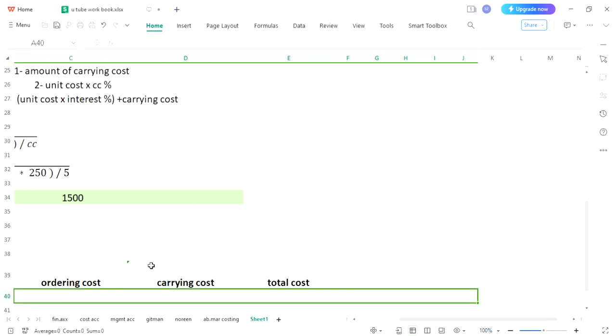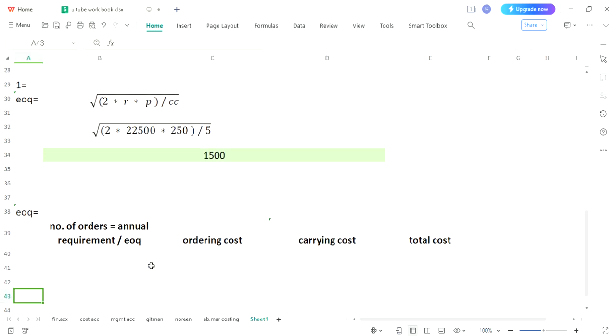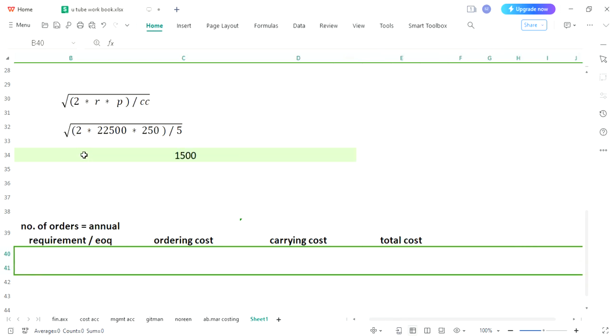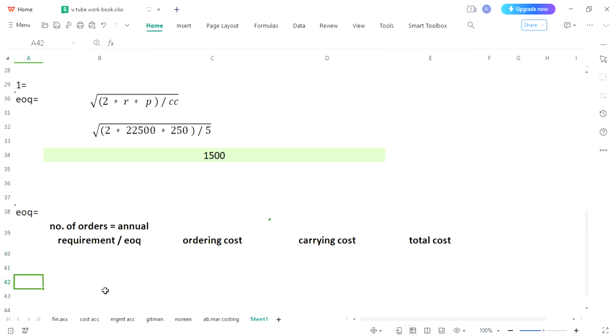So come over here. We are now going to calculate our number of orders according to economic order quantity. And how you will calculate? You will see first annual requirement. Can you see R was your annual requirement and that is 22,500. So you will put 22,500